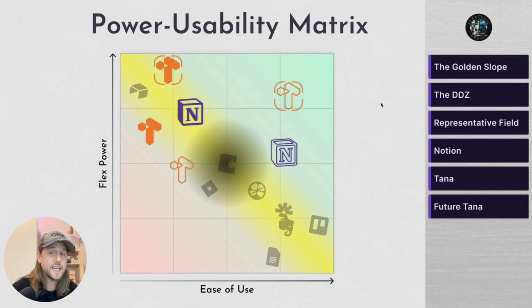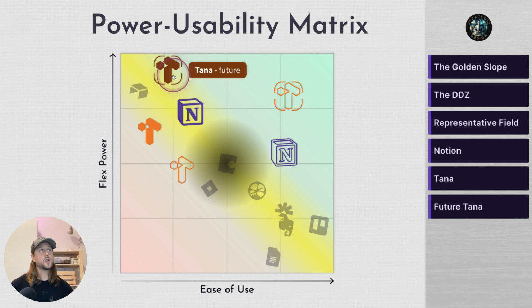I think that can be leveraged to such an extent that products that are derived from Tana Prime, what I'm calling the base Tana, are going to still be able to retain almost all of the power,